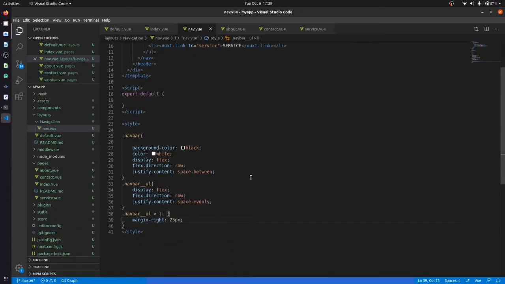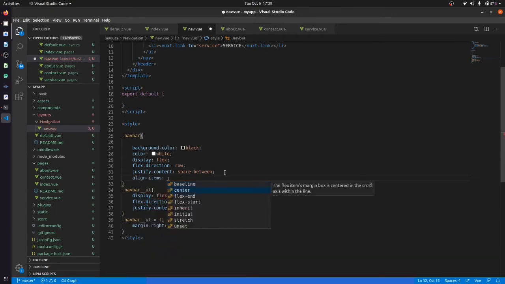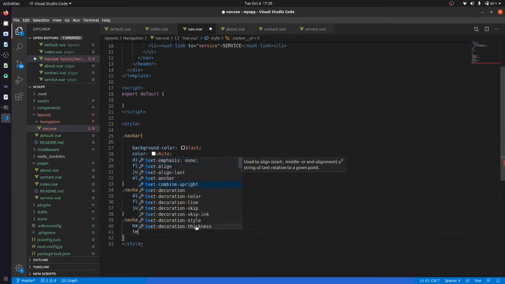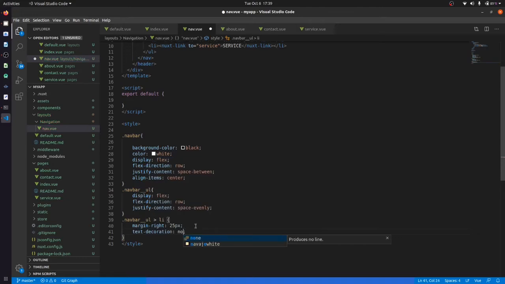Okay, now one thing, we can just give it align items center, so that we have some center items. Yes, and now we want to remove the li text decoration. Can we remove this text decoration from here?